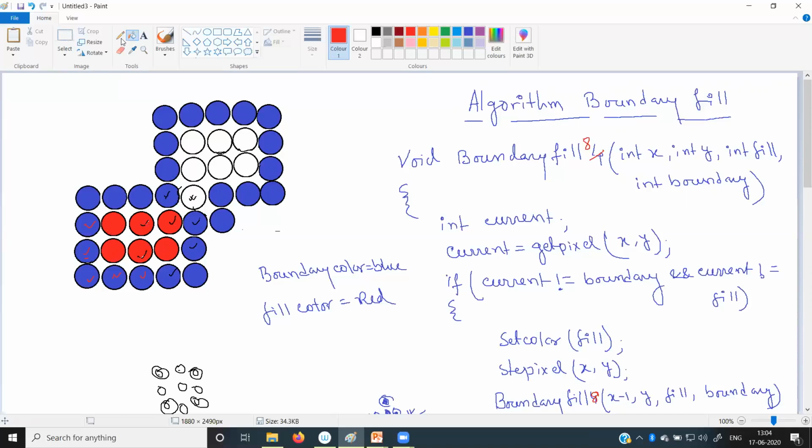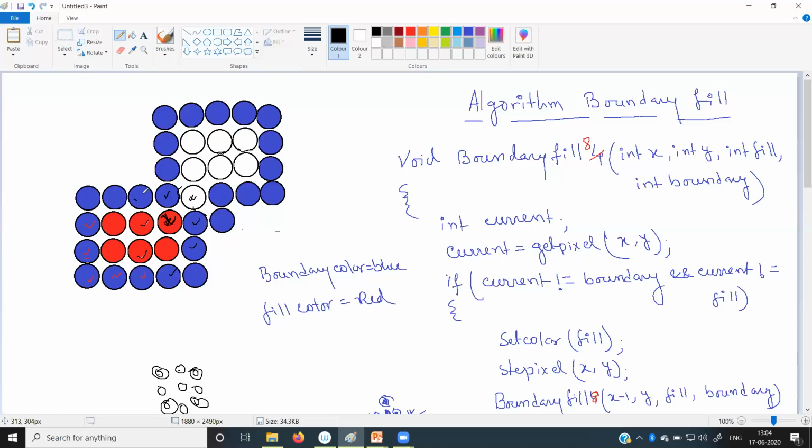Now, the interesting thing is that for this particular pixel, suppose we name it 1, this pixel 1, after coloring itself red, it will call the boundary fill function for all its 8 neighbors.